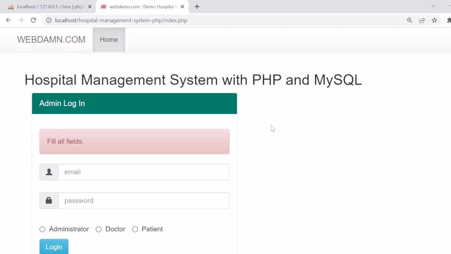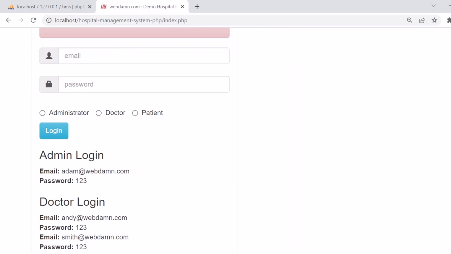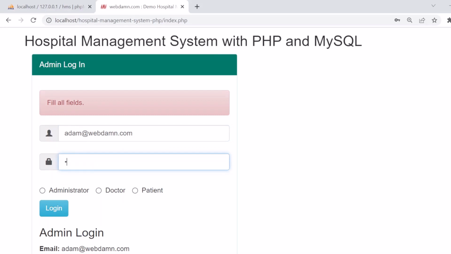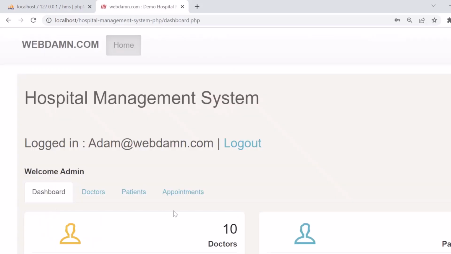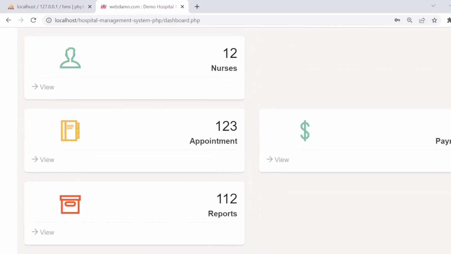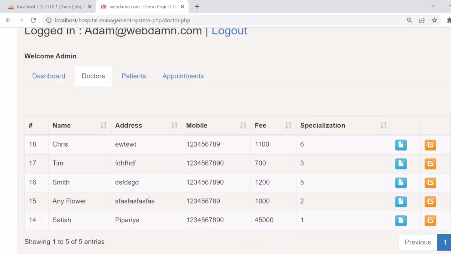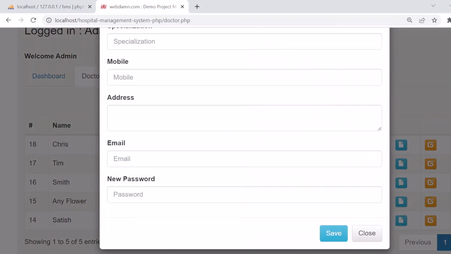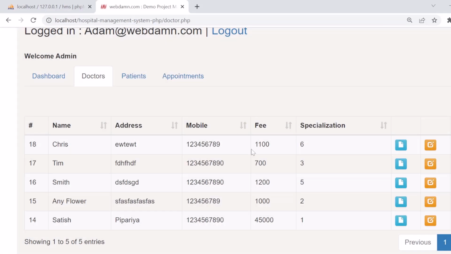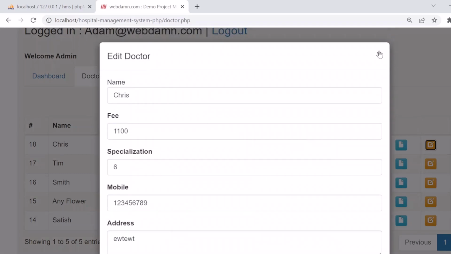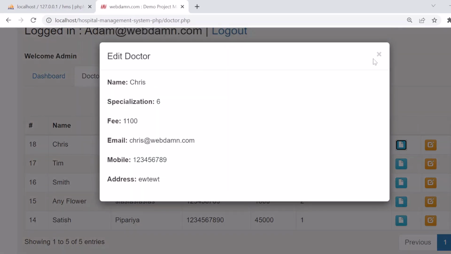So first we will see the demo of the system that I have already developed. So here is the admin login. First we will check the admin section. This is the login details, and here we access the system using the administrator. The administrator can see the dashboard and manage the doctors. Here is the list of doctors that are registered to the system. They can also register other doctor details, edit the doctor details, view the doctor details, and also